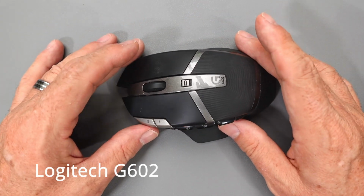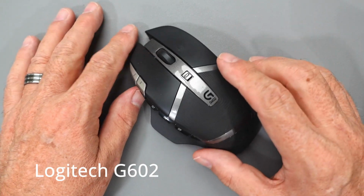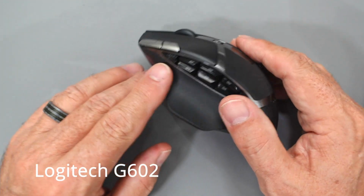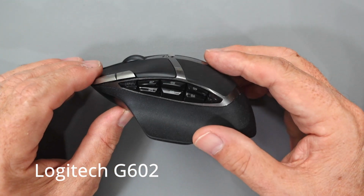So I wanted to update and kind of show you some of the new ones I've looked at to see if there is anything that is any better or any cheaper. So this is your standard mouse type. And this, of course, you've got adjustments for dots per inch on how fast the speed tracking is. And this one has a number of buttons on the side over here. You can see now these,